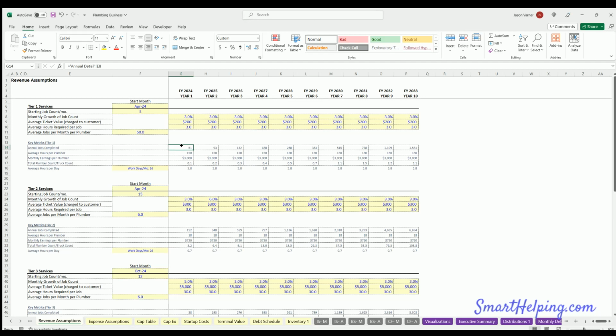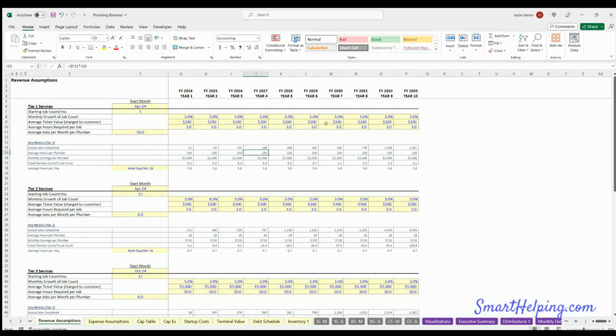Average annual jobs completed, average hours per plumber. And that's just doing total average jobs per month per plumber divided by average jobs per month per plumber. So if you're doing 50 jobs a month and each job is 3, you're doing 150 hours of work in a month